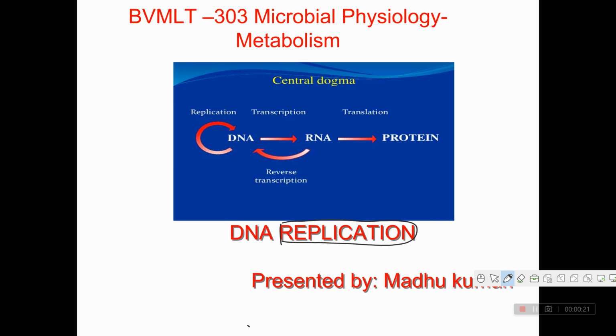See, this is the diagram of the central dogma. Central dogma is a very specific term that contains replication, transcription and translation. These are three processes. Here, first, the copy of the DNA is called replication, right? We discuss this replication in detail in this video. So first, the copy of the DNA is replication.